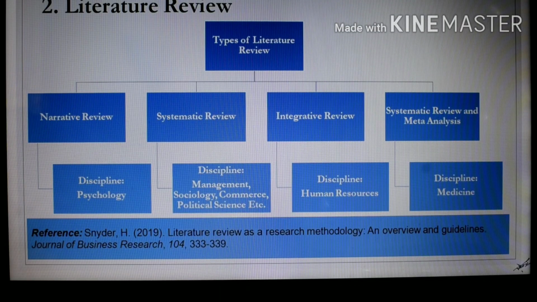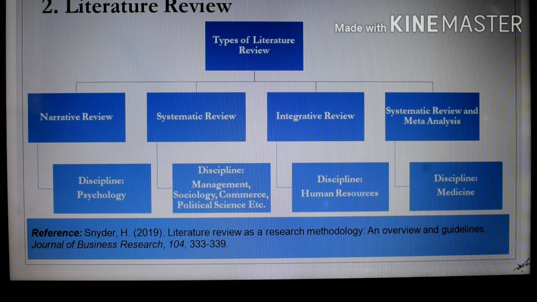Let's talk about literature review. Literature review is the second step which is to be carried out in research. The literature review is not just a list of methods used by previous scholars or conclusions made by previous studies. Here the researcher's main intention should be to identify the research gap. That is very important in research.